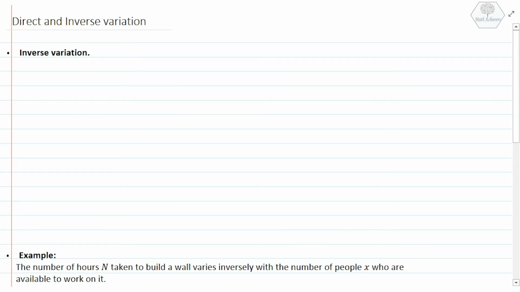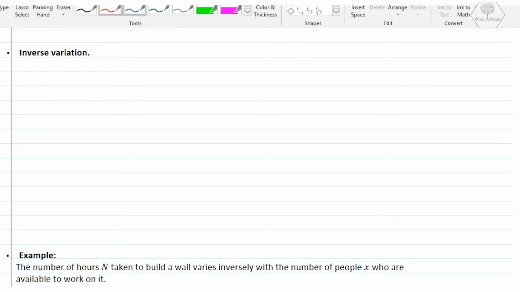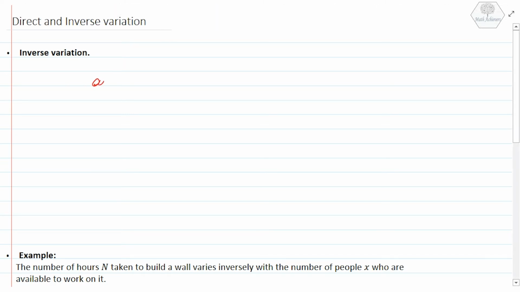Let's now talk about the inverse variation. The inverse variation, from its name, is also called indirect variation. As x increases, the value of y decreases, or as x decreases, the value of y increases. So I can write it as y is inversely proportional to x, or y is directly proportional to 1